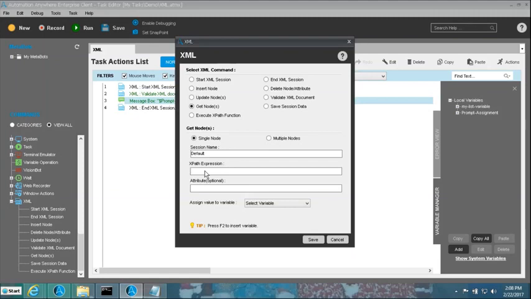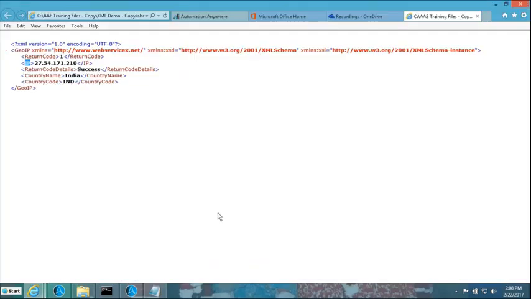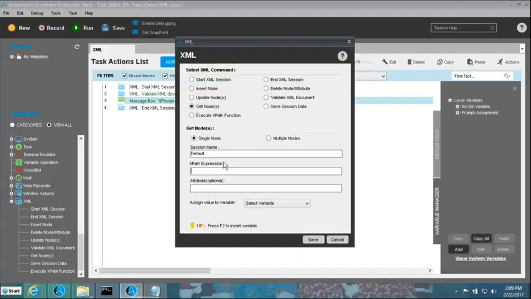To point to a particular node within an XML document, we should be aware of the XPath expression, which allows us to point to that particular node and work with it. So that becomes a prerequisite over here. Generating the XPath expression for the element or node which we are interested in is our part of the job. Since I want to get the IP node over here, I will give the XPath expression for the same as IP,